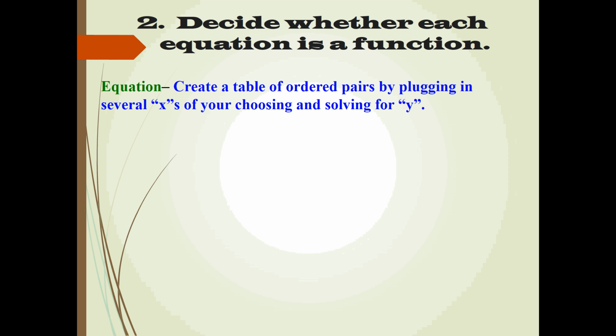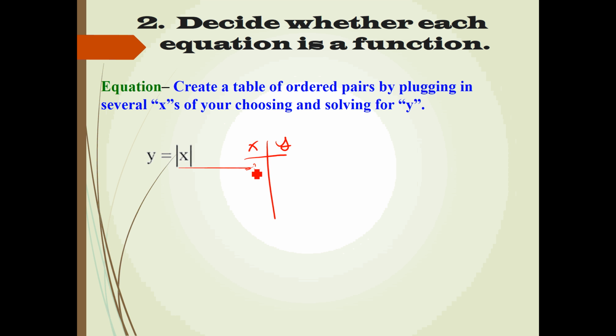All right, so deciding whether an equation is a function. To do this, and I showed you a basic example, what we'll do is create a table of ordered pairs by plugging in several x's of your choosing and solving for y. So let's say we have the equation y equals the absolute value of x. What we're going to do is set up a table, and we will choose some x's. And I always recommend choosing some negative x's,